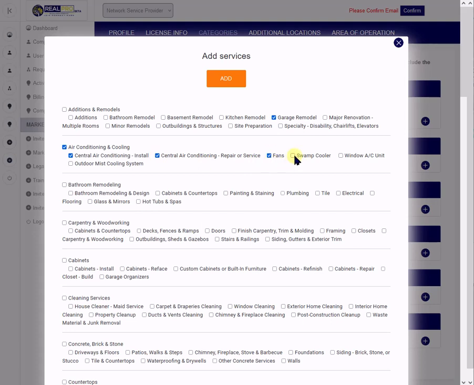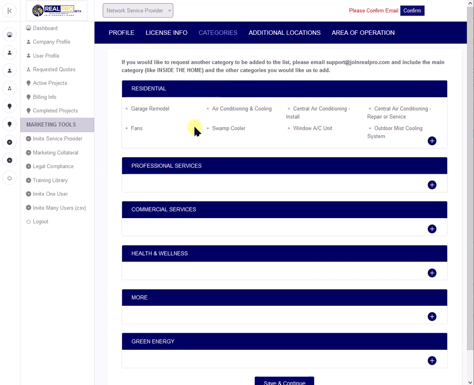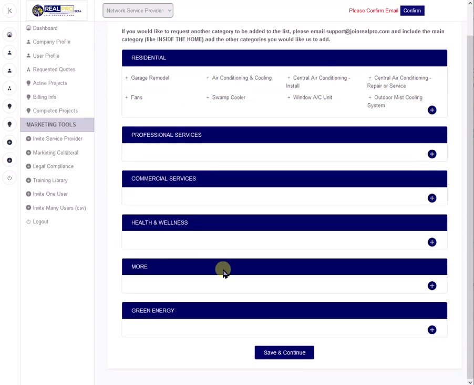fans, swamp coolers if you do those, window air, if you do mist systems. If you need other categories besides what we have listed here, then you can contact support at joinrealpro.com and tell us what other categories you would like us to add, so we can do that for you. So then we hit save on those